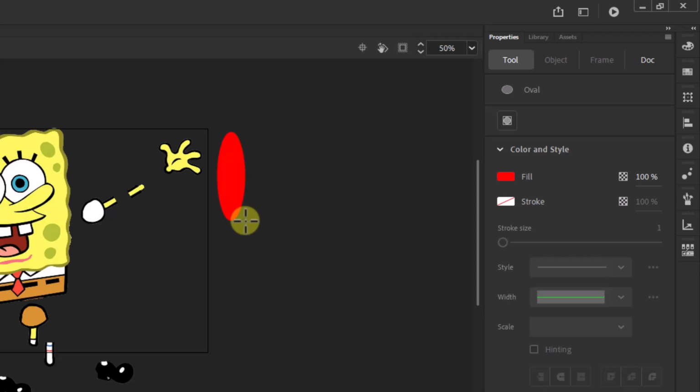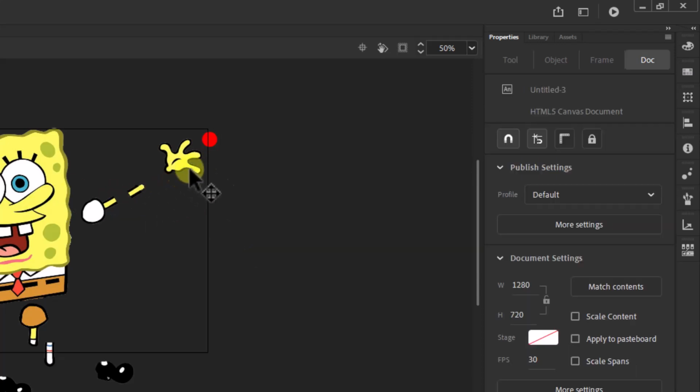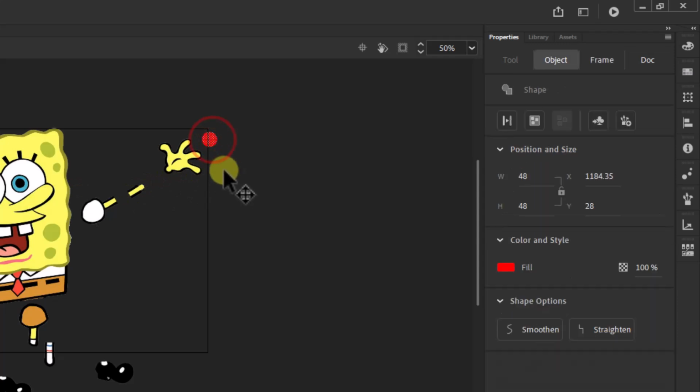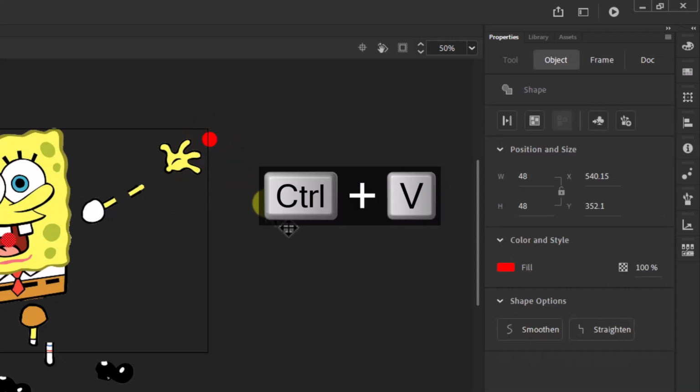And I kind of want a circle, so I'm going to hold down the shift key so I get just a circle and about that size. It doesn't matter how big it is. And then click on the move tool, click the circle, press Control C to copy, Control V to paste, and